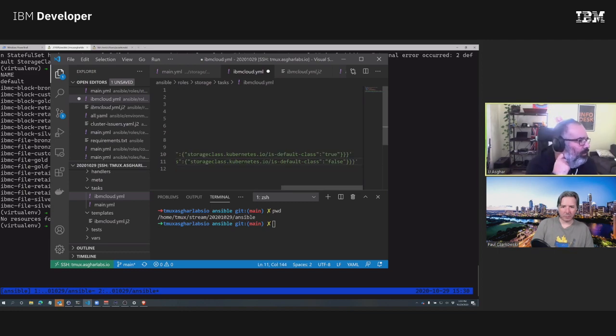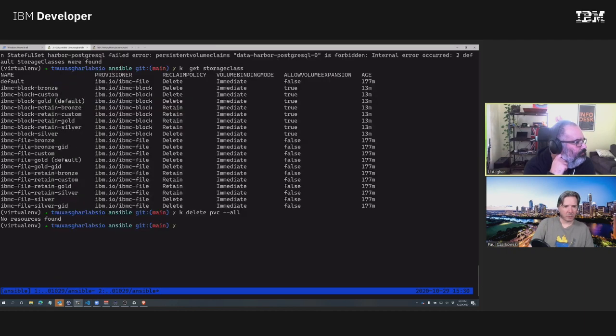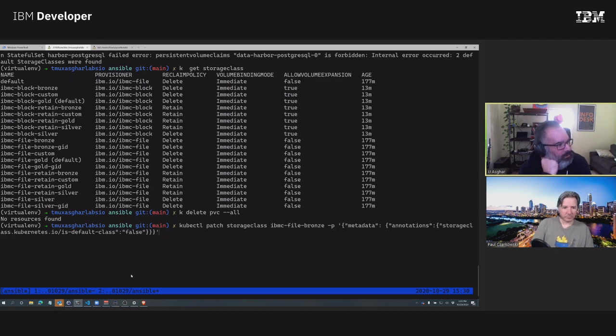No, we have good bronze. It says bronze, not gold. Oh, interesting. So go ahead and paste that in there. Change it to gold so it removes it.